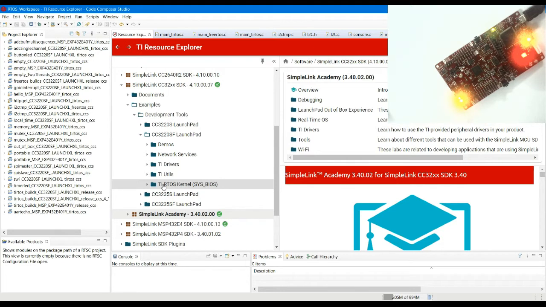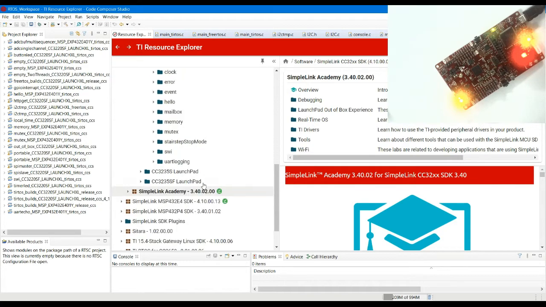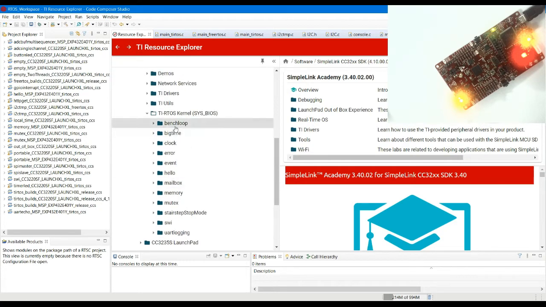For those who are quite familiar with a real-time OS, you can go through the TI RTOS kernel examples. Inside them, there are some really good